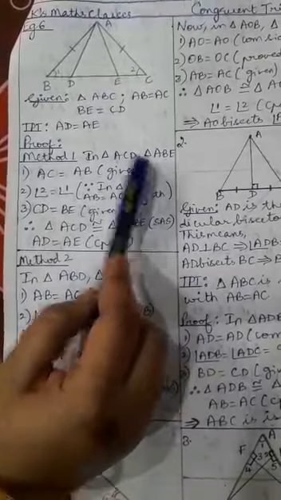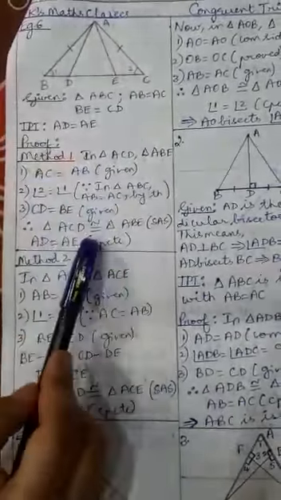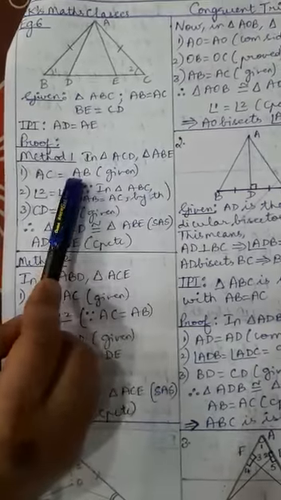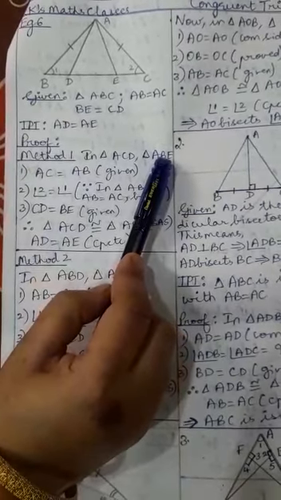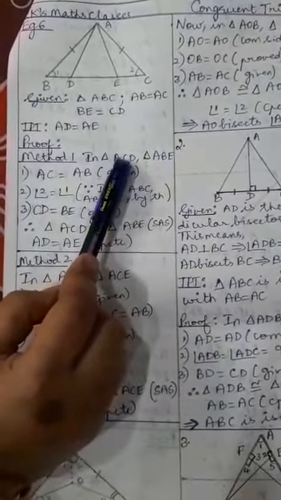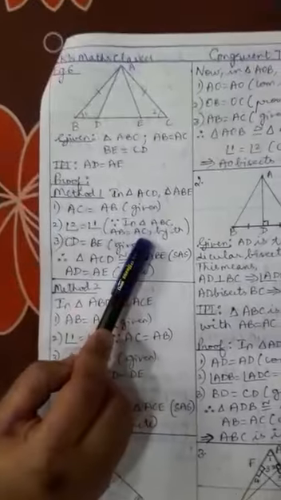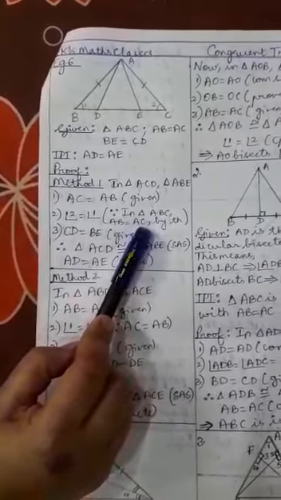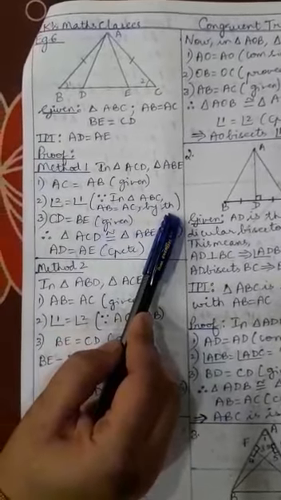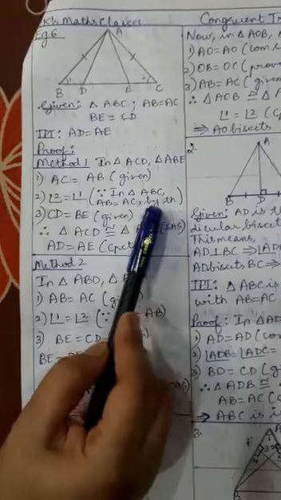Let's see this one. So in triangle ACD and triangle ABE, let's list out the equalities we have. AC of this triangle is equal to AB of this triangle, is given to us. Angle 2 of this first triangle is equal to angle 1 of the second triangle. This can also be understood by the isosceles triangle property. What I have written here is because in triangle ABC, AB equals AC by theorem. By theorem meaning isosceles triangle property. When two sides are equal, the angles opposite to them are also equal.